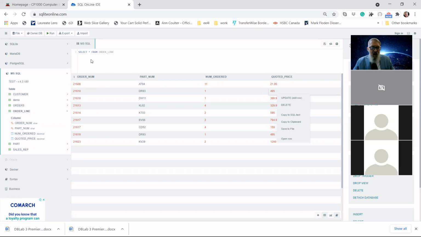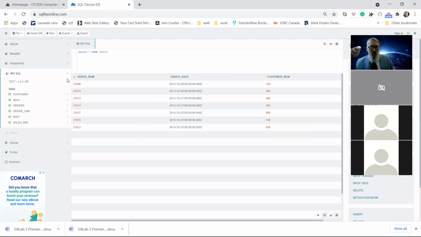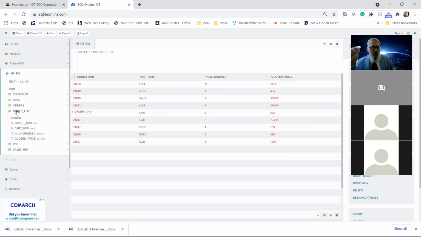All right, so the order line is a table which can be linked to the order table by the order number. When we look at the orders table, we see that that order number is about this order. So on the 20th of October 2010, customer 148 made an order, and that was 608, right? It only had one line. But if we go to the next order, 610,